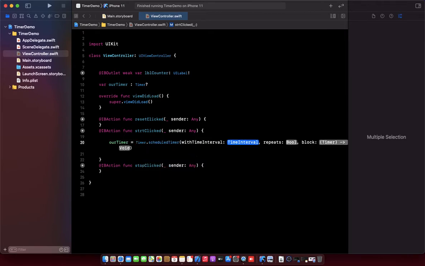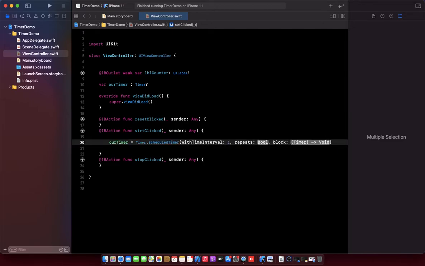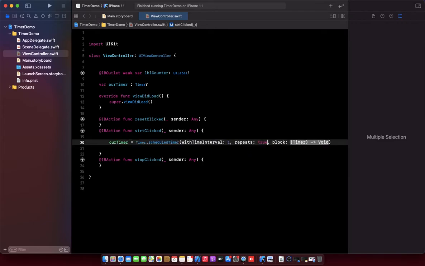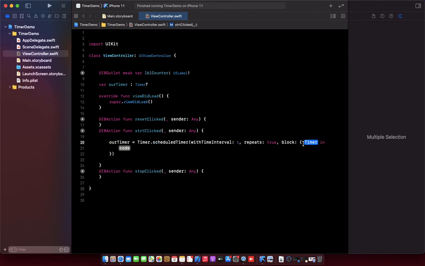It asks what our time interval is. In our case we need to update our variable every second, so our time interval will be 1, and repeats will be true, and this is a completion handler.